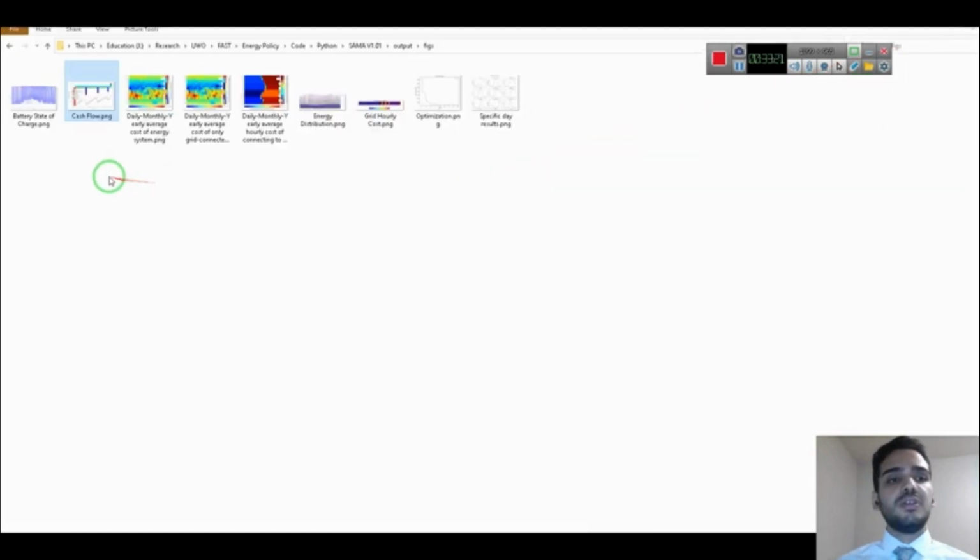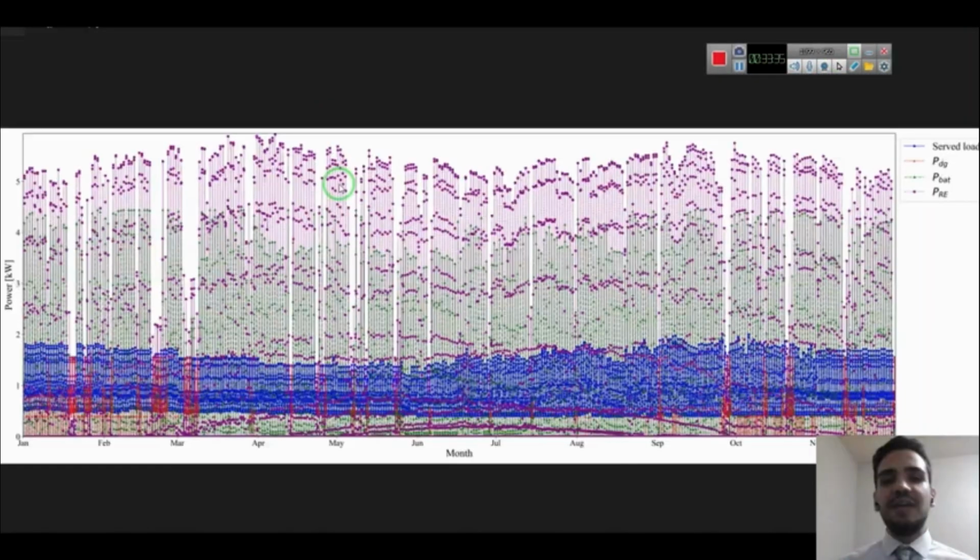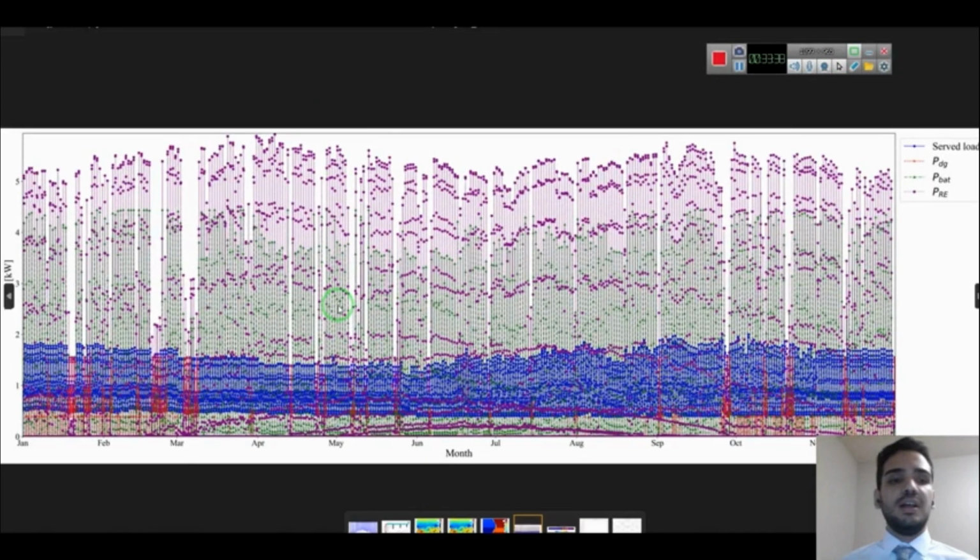And also, SAMA provides you the battery state of charge through the whole month. This is the hourly battery state of charge through the whole month that is provided by SAMA. And similarly, we have the energy distribution chart here for all hours through the year for different months.